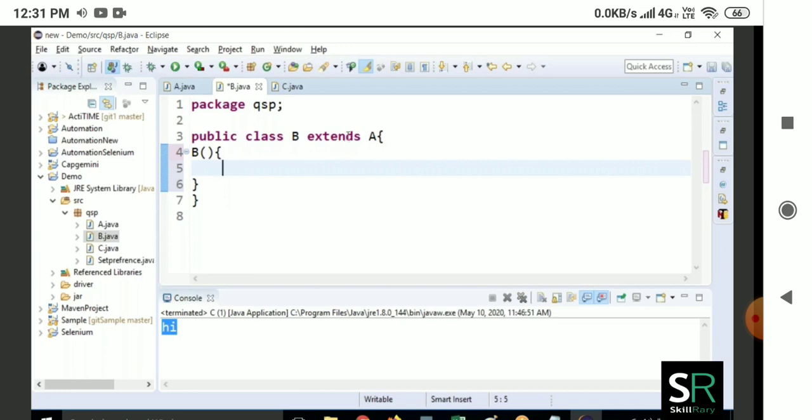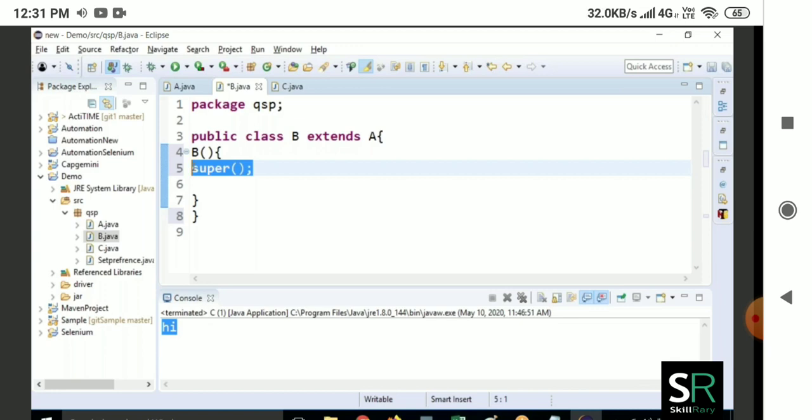Because of this extends keyword, as soon as you put extends, the compiler will put super here. The condition for the super statement is that it should always be the first statement inside the constructor. These are all Java basics. Who is going to put the super statement? The compiler. You can also put it, but if you don't, the compiler will. It should be the first statement inside the constructor.